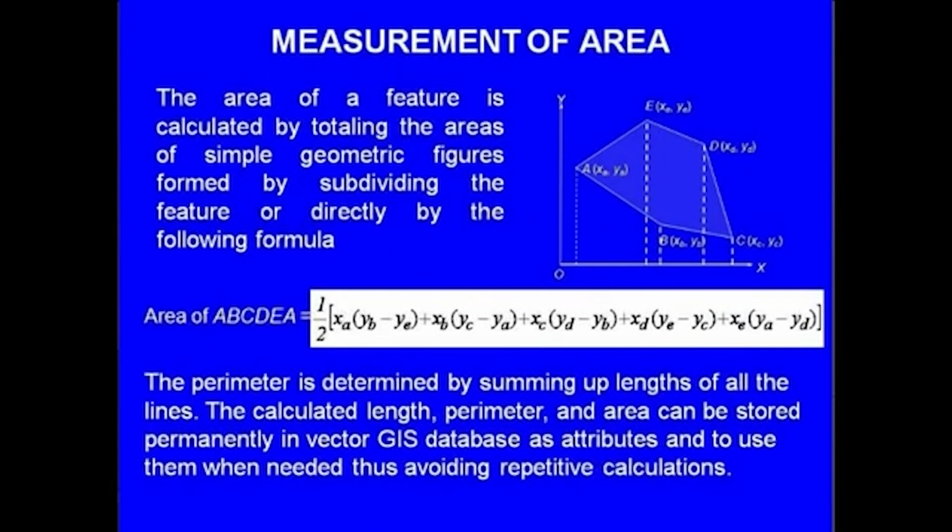In order to make a measurement of an area, the area of a feature is calculated by totaling the areas of simple geometric figures formed by subdividing the feature, or by directly applying the following formula. So, using the polygon shown in the figure, the area of the polygon A, B, C, D, E, A can be expressed as half within brackets,